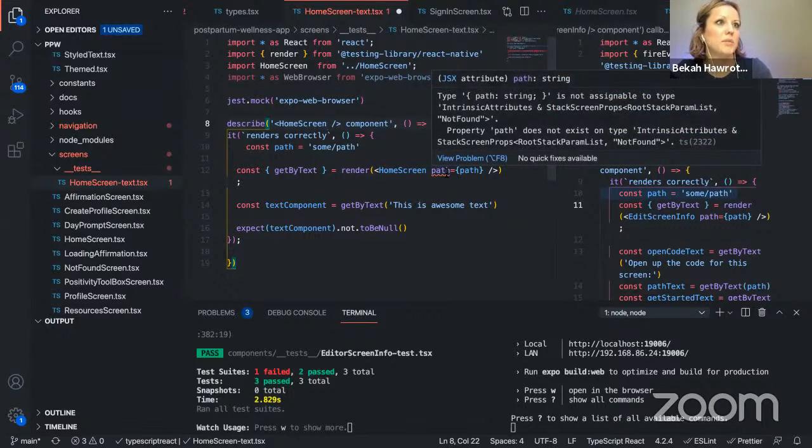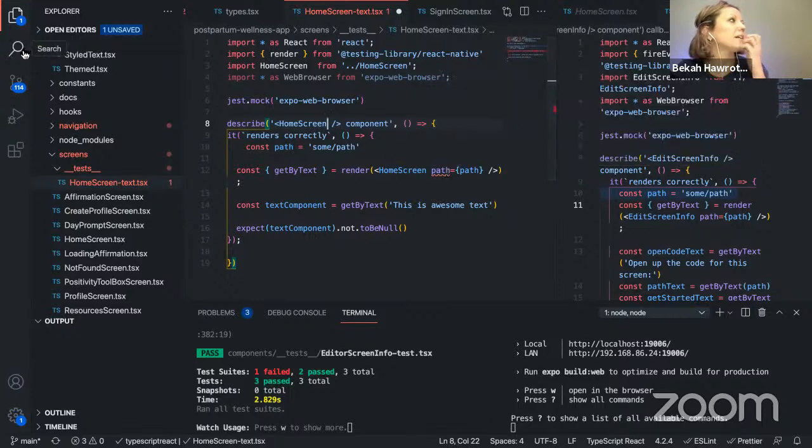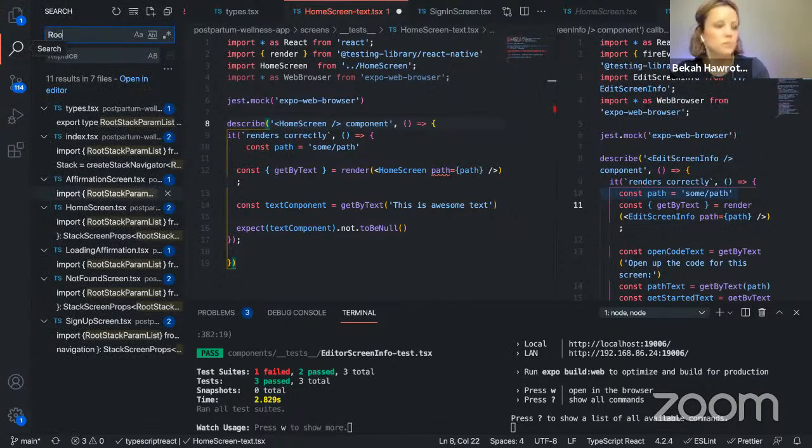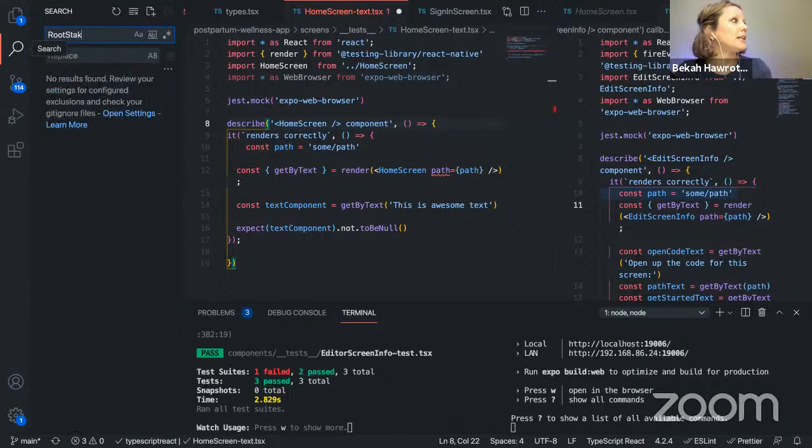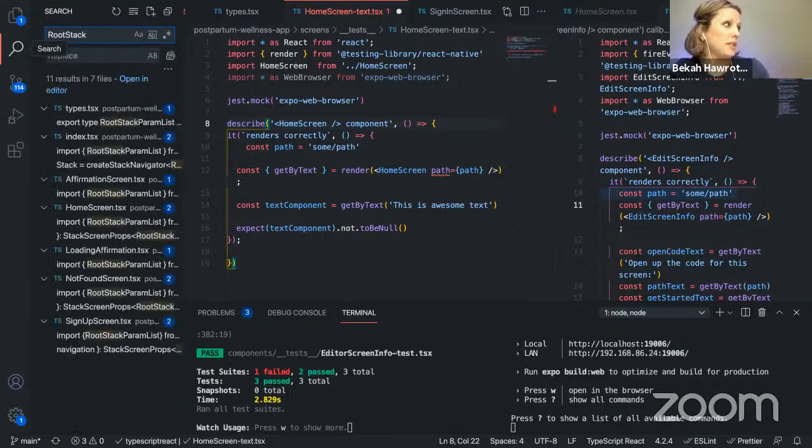Stack screen props, root stack param list. Okay, so I'm going to see if we can find how we're using it in the component. Okay, so we definitely see the home screen is using it.